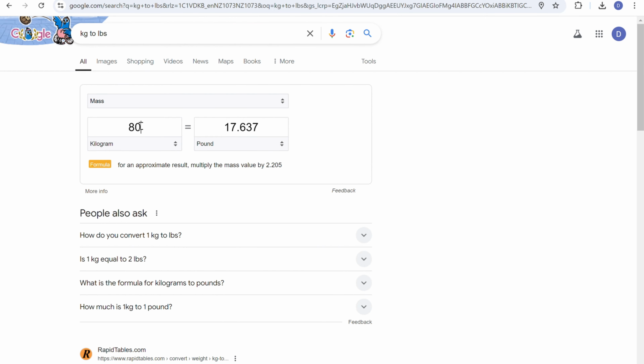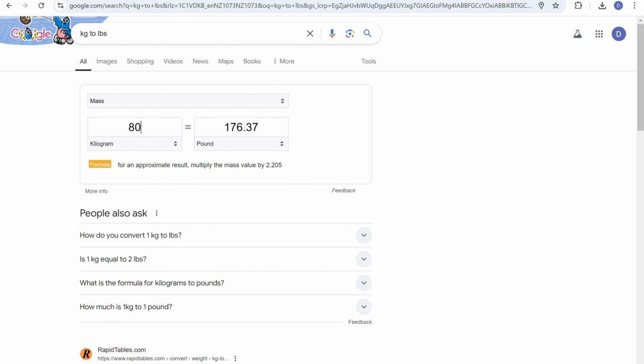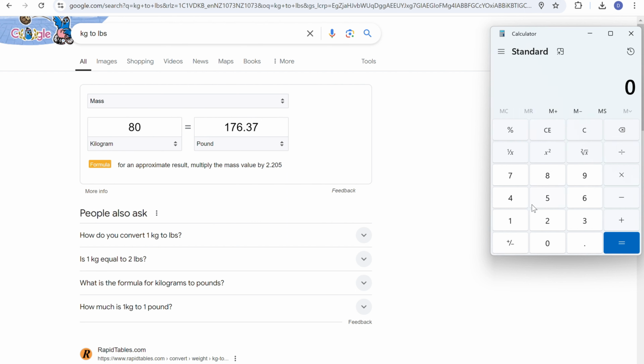The study shows that if you are on a fat loss diet, you should be converting your body weight into pounds, and you should be consuming 0.8 to 1.2 grams of protein per pound of your body weight. So let's go right in the middle, and I'm going to eat 1 gram of protein per pound of my body weight. My current body weight is 176 pounds, so I will be consuming 176 grams of protein per day in this meal plan.